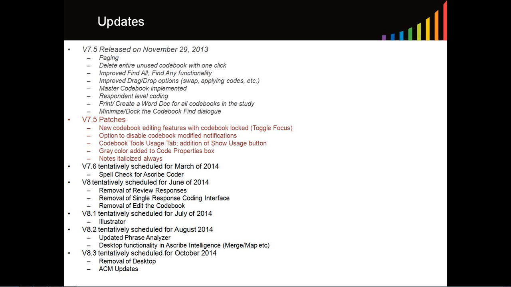Okay, so phrase analyzer today, it's actually in the process of being rewritten so that it's multi-browser compatible. And we should see that updated phrase analyzer again in August of 2014. And also in August of 2014, for those of you that use Ascribe Desktop, we should see some of Ascribe Desktop functionality moved over to our Ascribe Web, and mainly the merge map